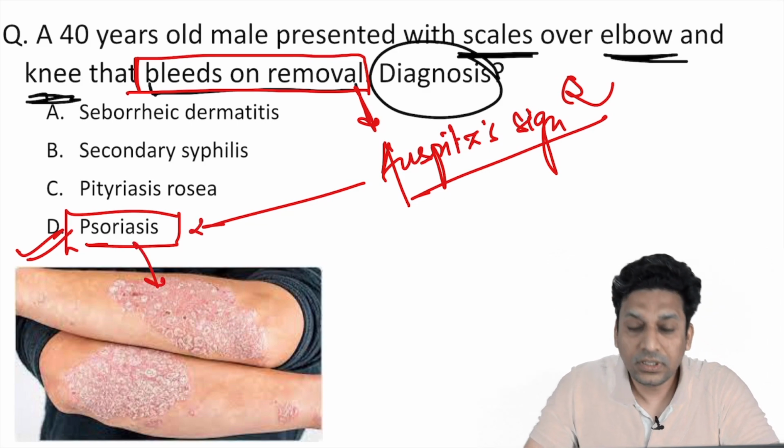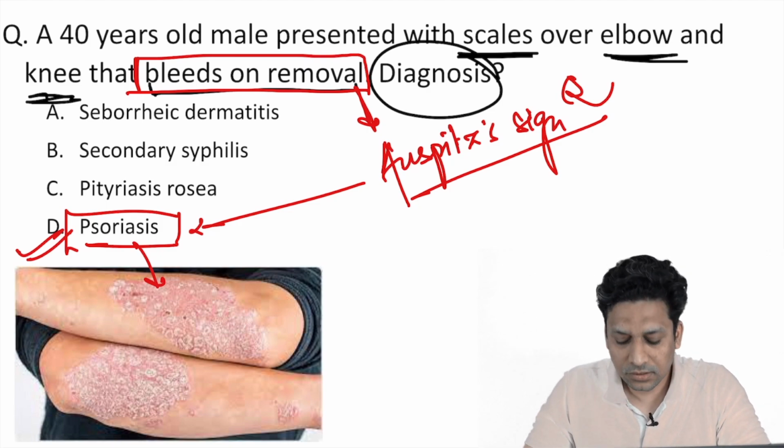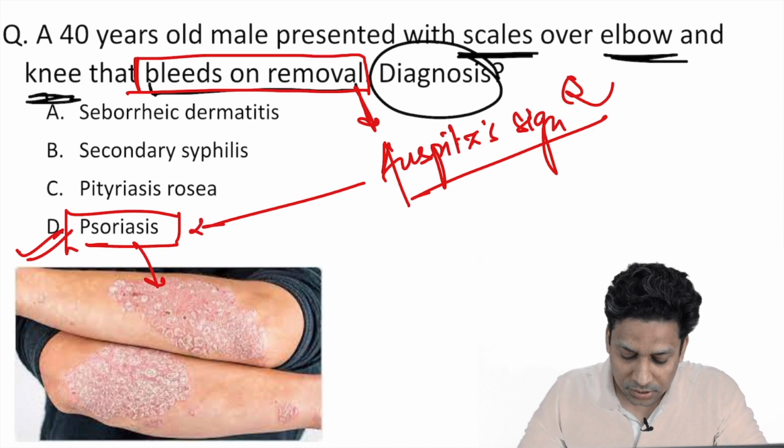And as all of you know, psoriatic lesions are erythematous plaques with silvery white scaling. So this is the characteristic silvery white scaling which is seen in these patients. Now the Auspitz sign is very important, and the points to remember in the Auspitz sign are that